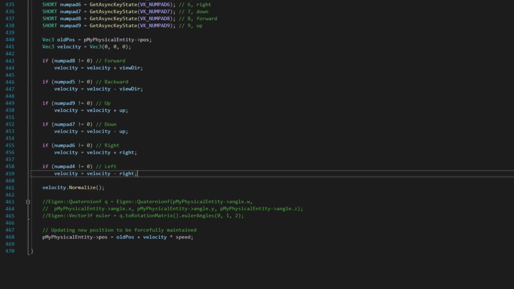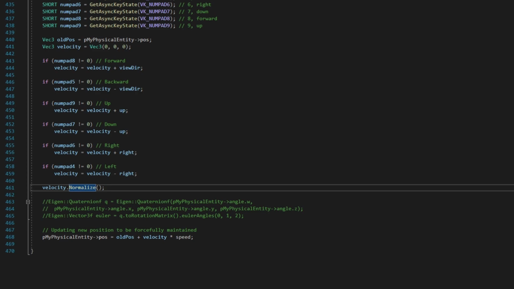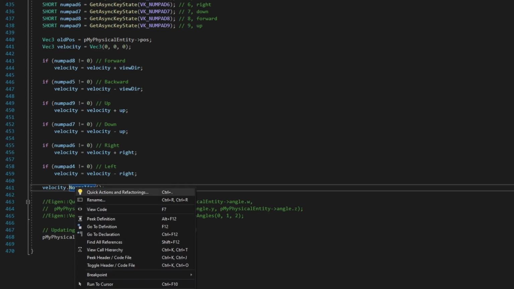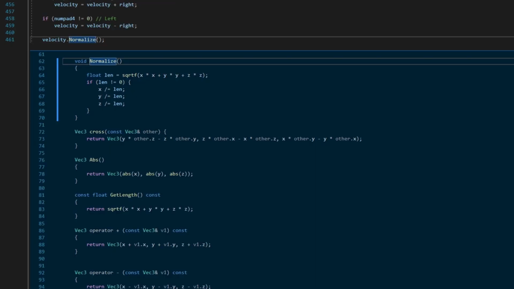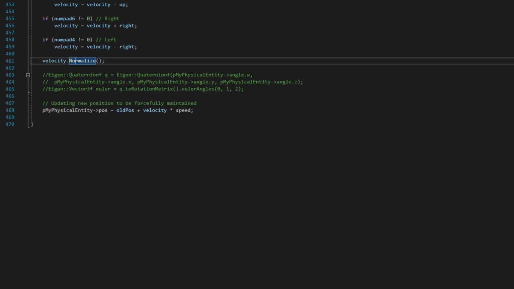Now you see why we want those vectors. In my opinion, this is way more elegant than having to use angles here. If you only have angles, then use them to calculate the vectors first. Then we normalize the velocity, meaning we set the length of the vector, or in other words, the speed of the velocity to 1. Why? Because even if we press more than one key at the same time, we do not want the speed to change. Same speed, just different